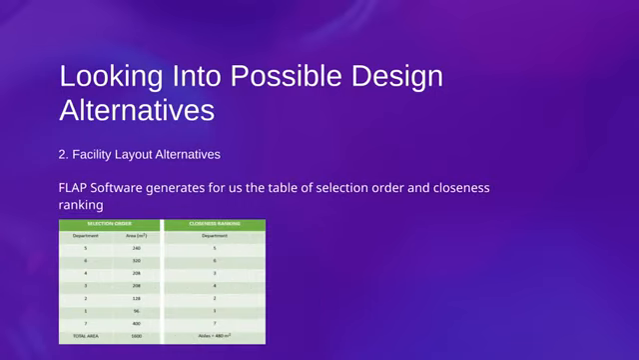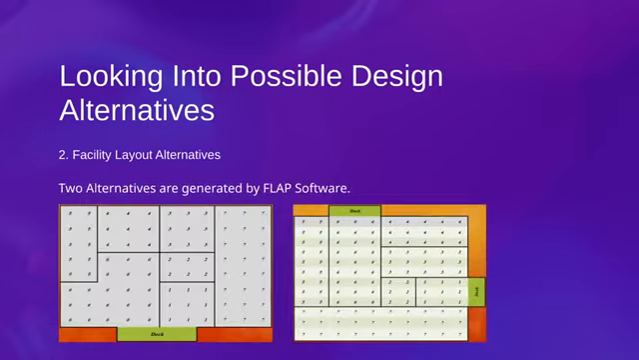So the FLAP software generates for us these two tables: the closeness ranking of the departments and the selection order. The alternatives generated by FLAP software are as follows: one which is a rectangular layout and one which is more of a square layout. One layout has two docks instead of one docking system, divided into two for loading and receiving. Okay, so we would like to evaluate these two alternatives,